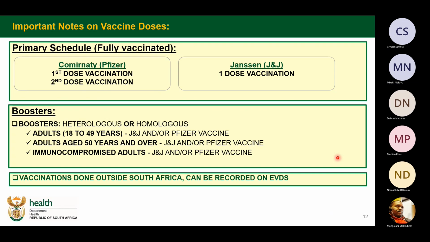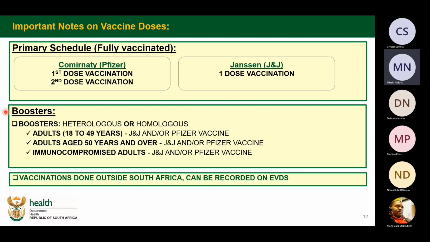The first part is that you need to complete what is called the primary schedule. And then once you have completed the primary schedule, the doses that follow afterwards are called boosters,